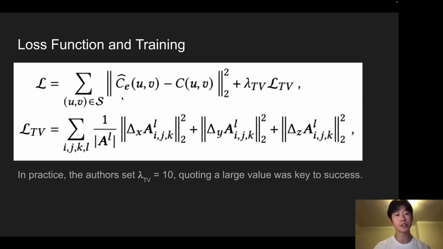you take the typical NeRF loss, which is just the difference between the pixels, and you square that. A sum of squared differences between the pixel colors, which is the typical NeRF loss. But here's the interesting part: this lambda_TV times L_TV. TV here stands for total variation. So the authors in particular